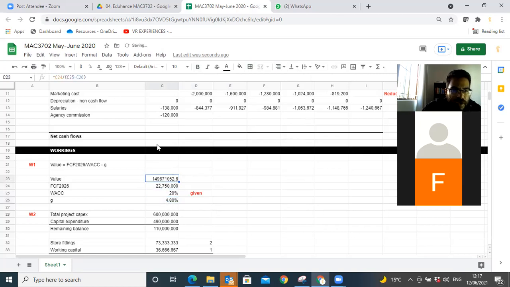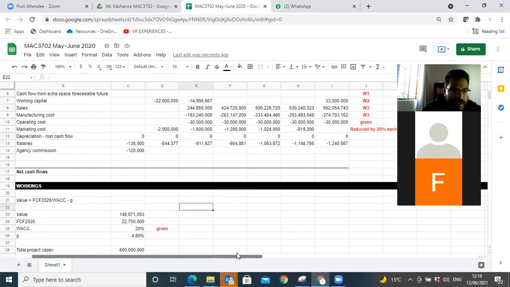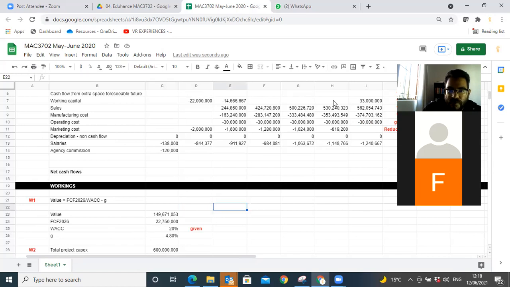So therefore, that will be 149,671. So this is going to equal 149,671. Okay, so now we can work out cash flows. I'm going to give you something for homework for this question, but I'll tell you just now. So if we add up the sum,